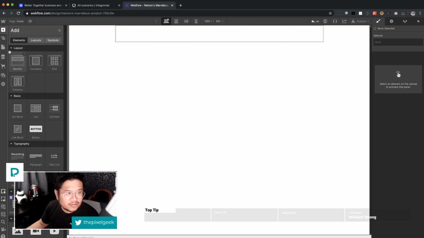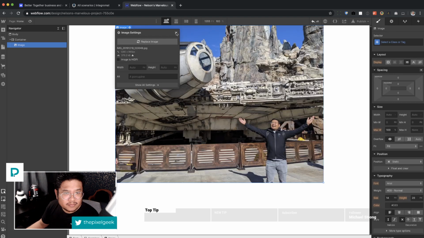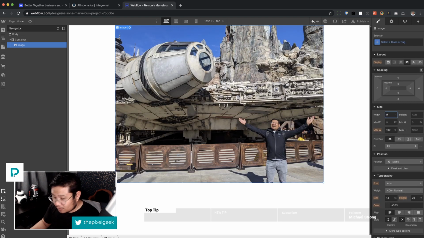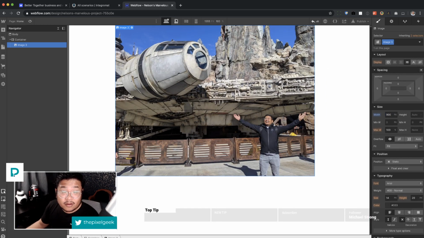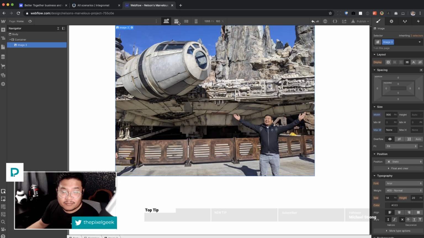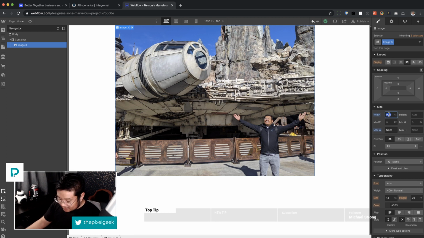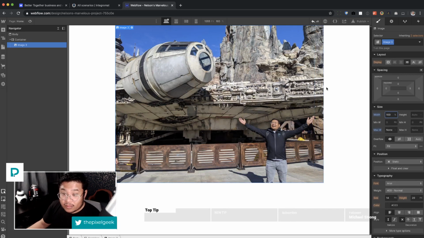Let me put in an image. I have an image, right? Okay, we're gonna set this to 900 pixel width, with the max width of none. And see how it gets clipped? Some of it is not on the canvas because the width is 900. It's a set width. If I go back to my desktop and set this to be 100% width of its parent, and the parent being the container, because the container has its own width, and then I start to shrink it down,